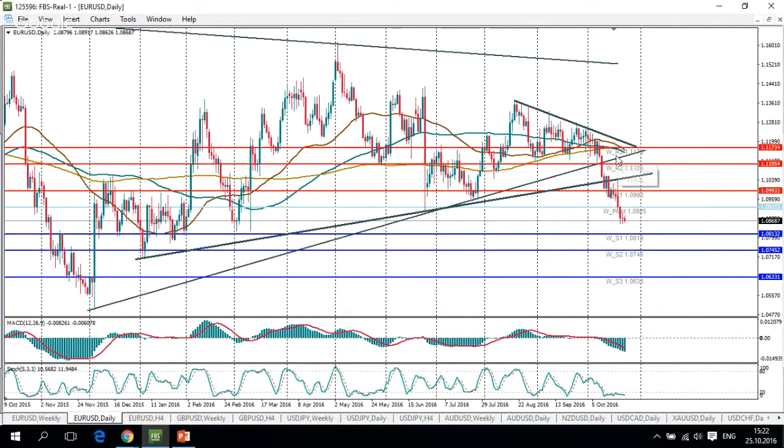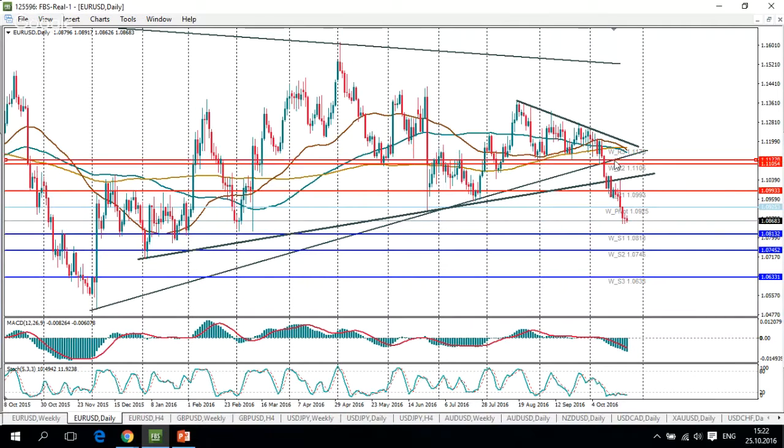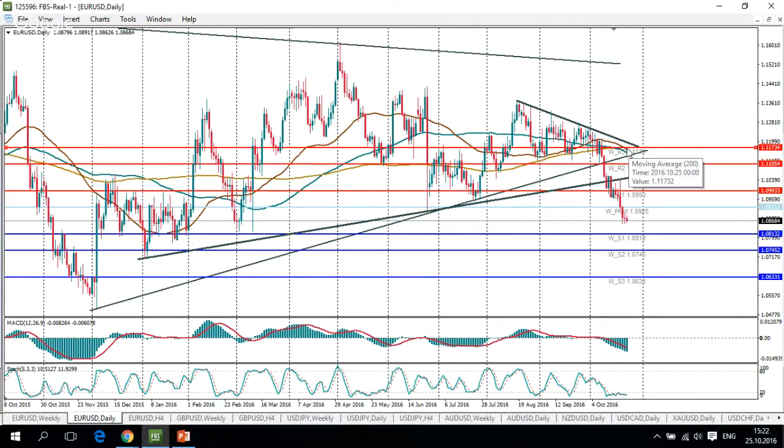All in all, we see that on the daily chart, the 50-day moving average went below the 200-day moving average and is preparing to dive down below the 100-day moving average. These are the bearish developments, and in the longer term, they will act as a limiting factor on the upside for the euro, and it is a sign that